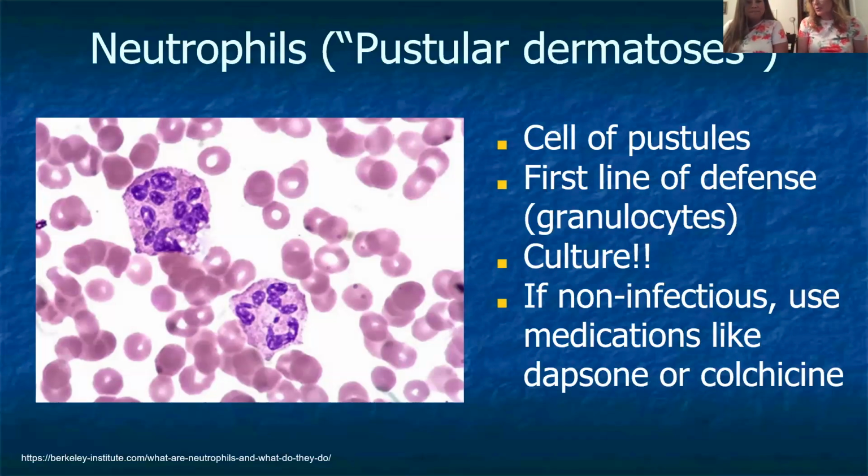And when you see pustules, what do you think? Culture. Sound culture, like culture, pustule culture. Yeah. So you're culturing primarily for bacteria, not really viruses, right? Because viruses would be more of a vesicle, but bacteria and then also fungus, right? Especially if you're seeing those annular lesions that we'll see later. And if it's non-infectious, if the culture is negative, we use medicines like dapsone or colchicine, which would be anti-neutrophilic